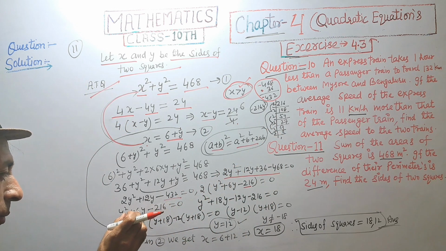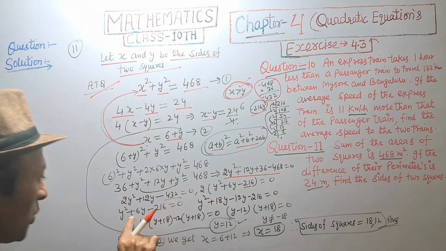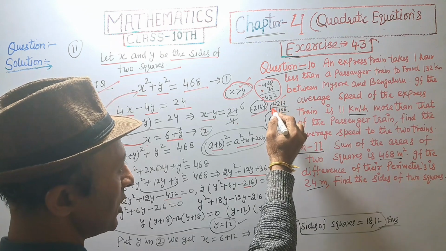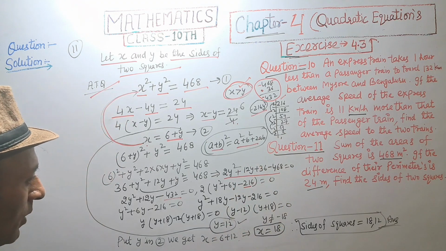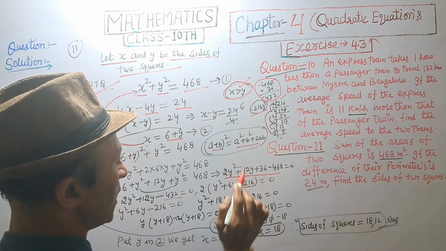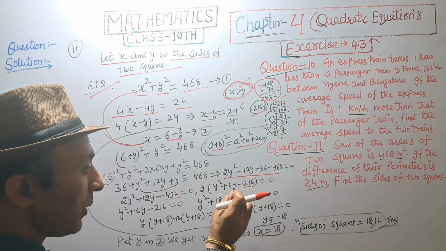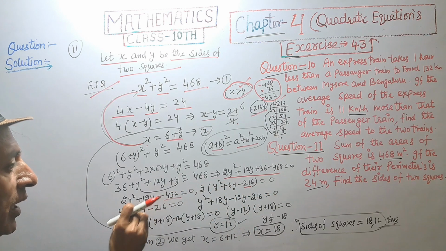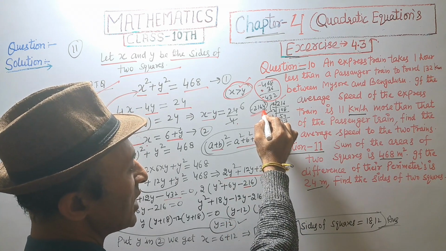We are splitting by the middle term. Product of first and last equal to minus 216y^2, and splitting 6y. Prime factorization of 216 equal to 2 into 2 into 2 into 3 into 3 into 3. 3 3s are 9, 2s are 18, and 3 2s are 6, 2s are 12. We are splitting 6y, that is equal to 18y minus 12y. 18y minus 12y, that is equal to 6y, and the product of 18y and minus 12y is equal to minus 216y^2.